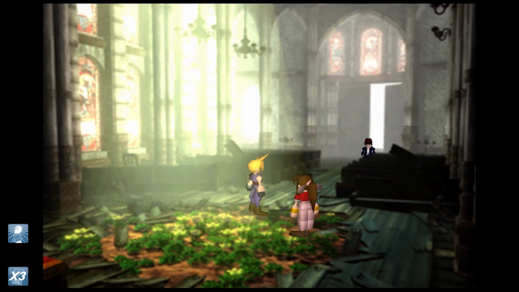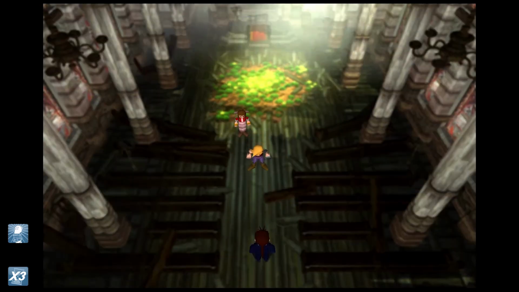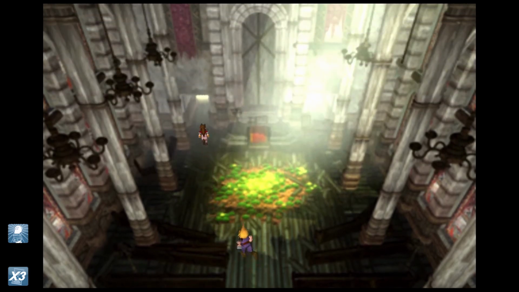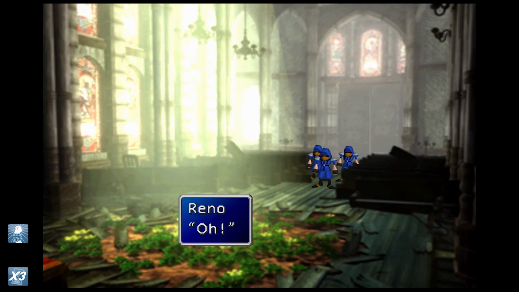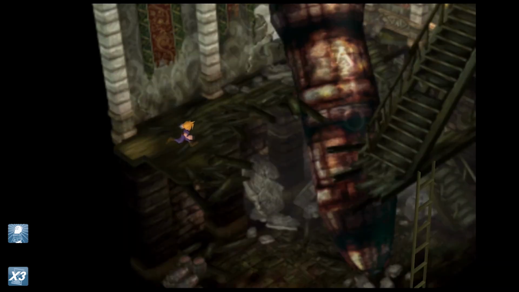So yeah, Reno shows up. The Turks. They're an arm of Shinra. Handle recruiting, espionage, all that stuff. And this part was actually kind of funny, because I didn't think they would call him out on it because he was actually...